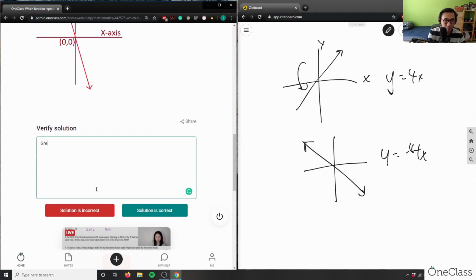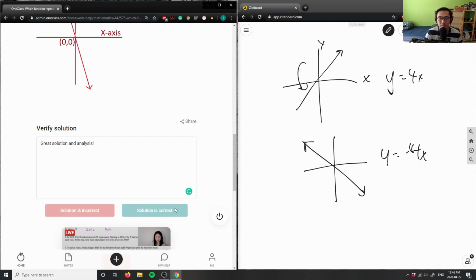So great solution and analysis. I like how they use the graph to support their